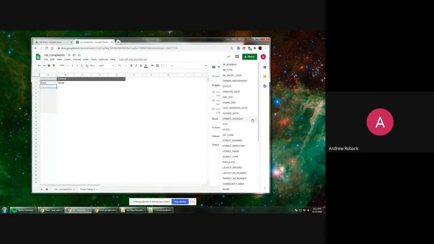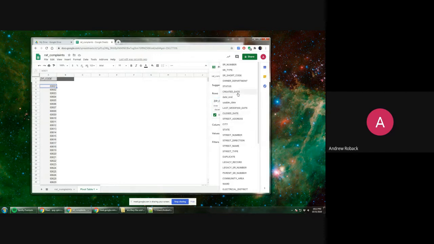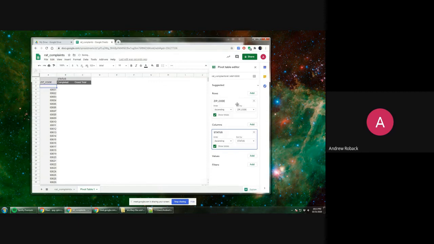So for the rows, we want zip codes. So that'll get every single zip code from the data set. It looks like there's 58, 57, something like that. Okay, and then for the columns, we can do the same thing. We'll just check to make sure that the status is completed. It looks like we only have completed requests here, though, so that's not an issue, but be aware, sometimes when